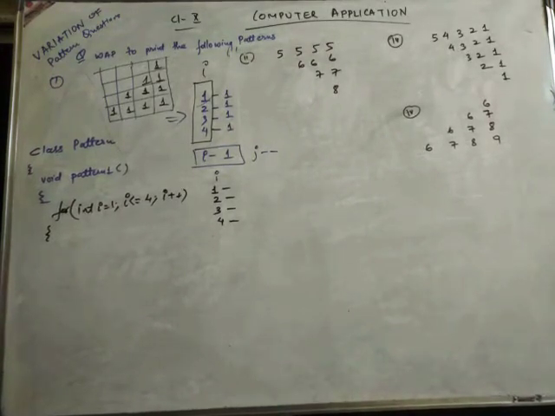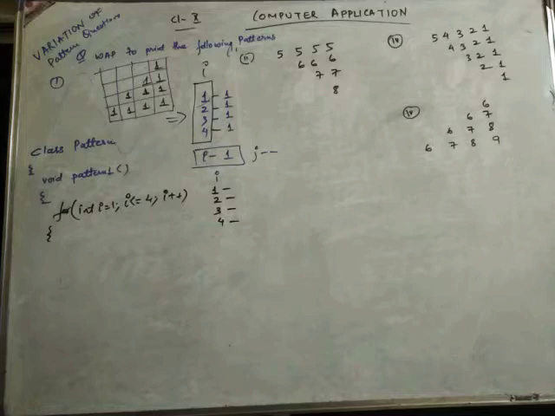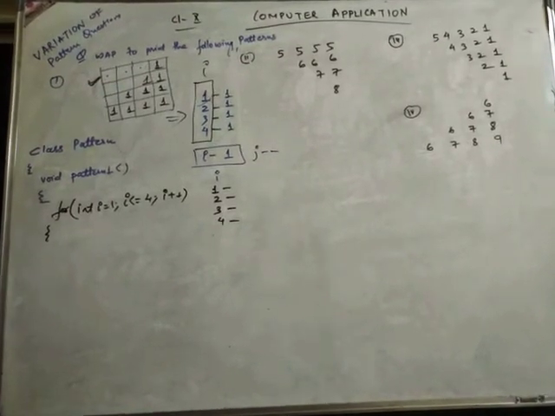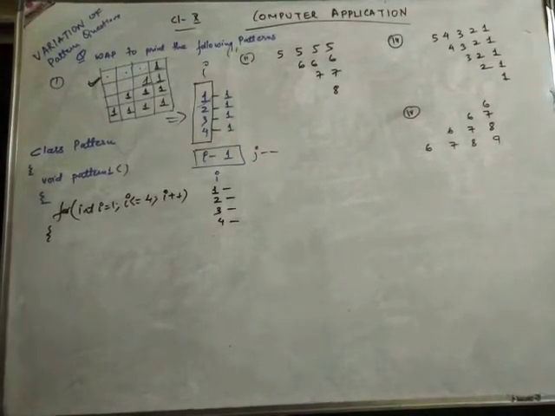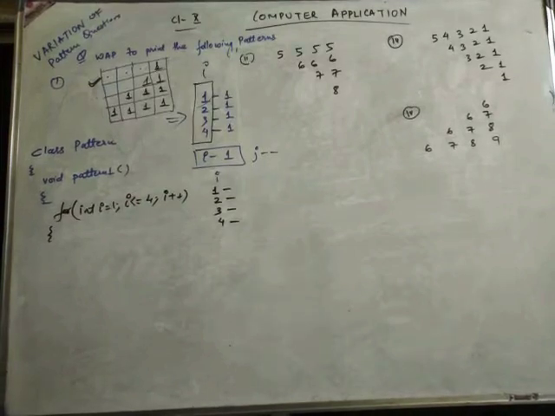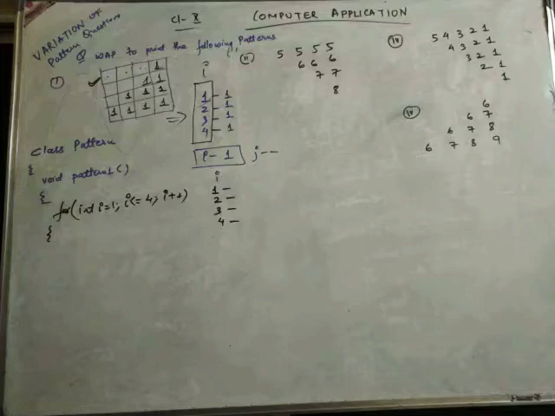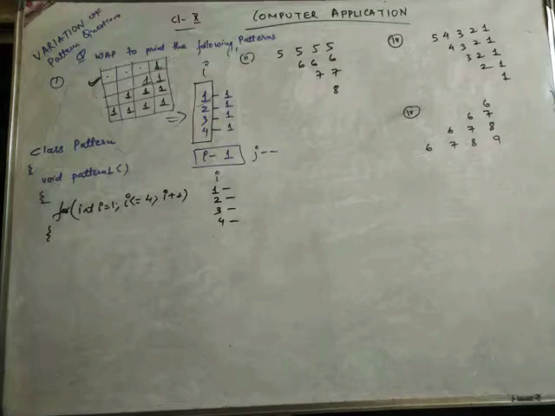We have maximum space in line number 1. How many spaces do we have in line number 1? We have 3 spaces. Clear? If you see the box which we had made up the question, in line number 1 we have 3 spaces, and it is the highest number of spaces in the question. So you have to see the line where we have the highest number of spaces. In line number 1 we have 3 spaces.